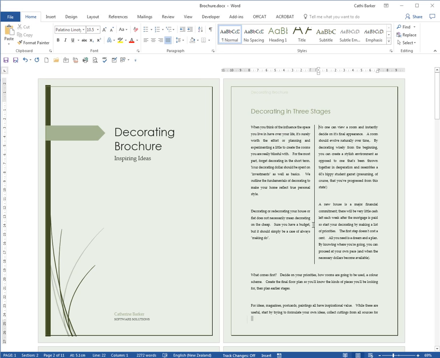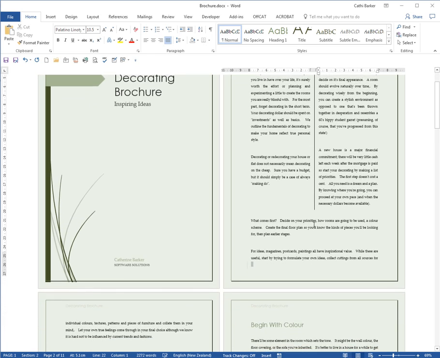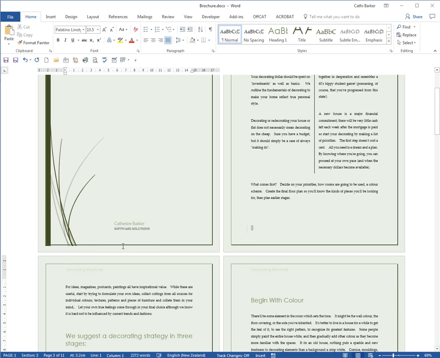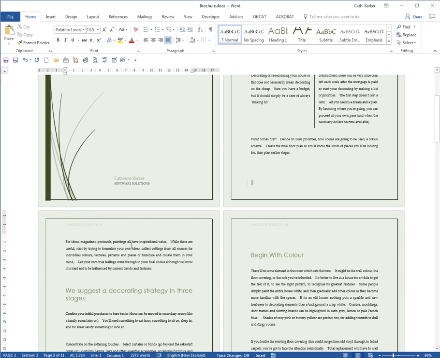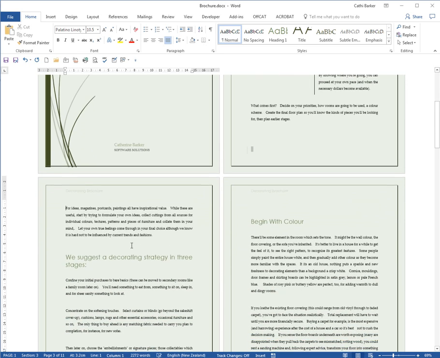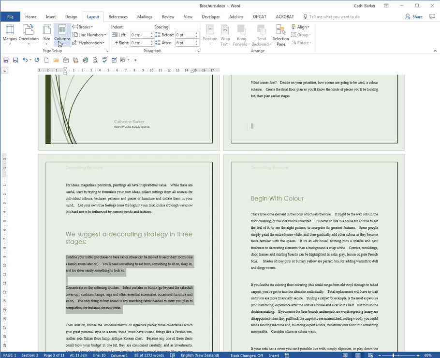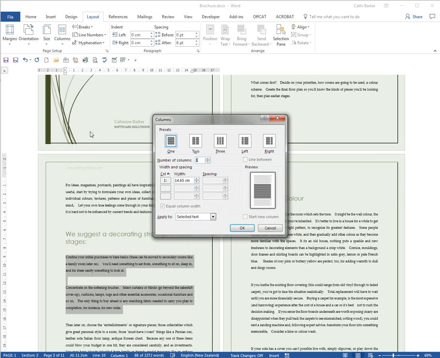I'd like to select another couple of paragraphs. So I'm first of all going to insert a page break. Because of the way that my text is so spaced out, you may not have to. I'm going to click in front of 4 ideas and press Control-Enter, which is a page break. I'm then going to select these 2 paragraphs here. I'm then going to go to Layout and to Columns and More Columns, and I'll choose 2